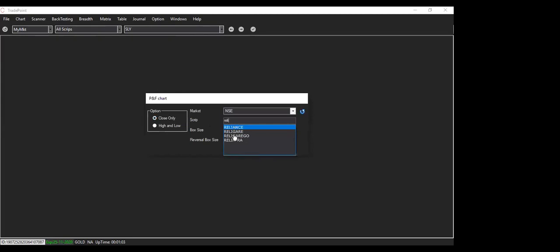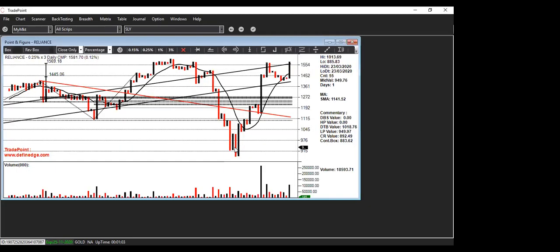Point and figures removes the spikes, right? On a daily and weekly, you will have some spikes. There may be just a single print or a couple of prints on some numbers, and it looks like an ugly tail. And we don't know whether we'll use them, we will avoid them. Different people have different opinions on it. But here we won't have any of those because it just goes by